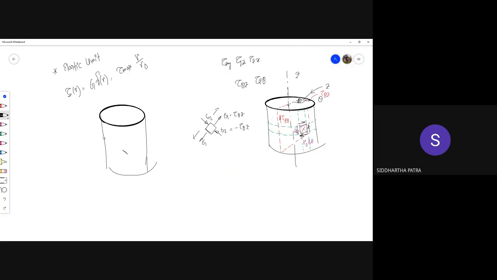Now if I continue extending this line on a cylindrical surface, that would be forming a helix. And that is the line along which the cracks open, that actually forms a fracture line. And that's why when the cylinder fractures,